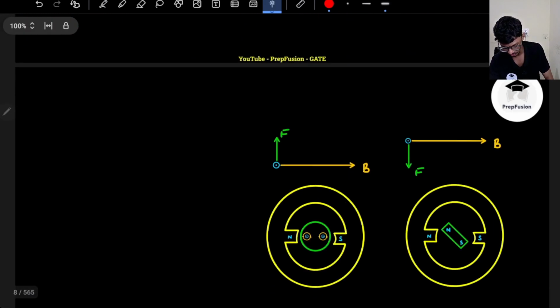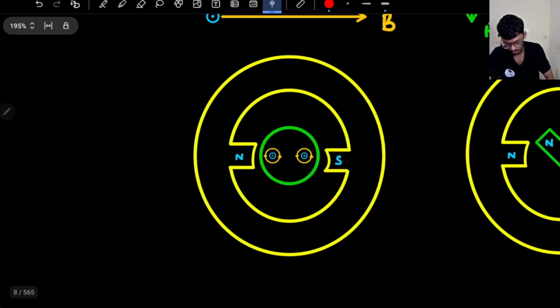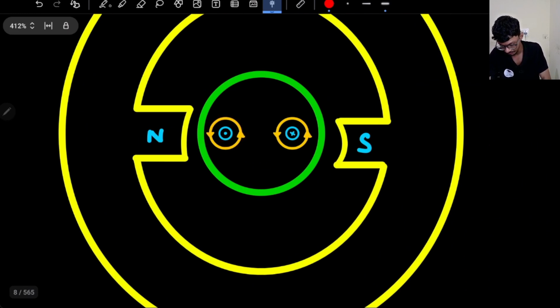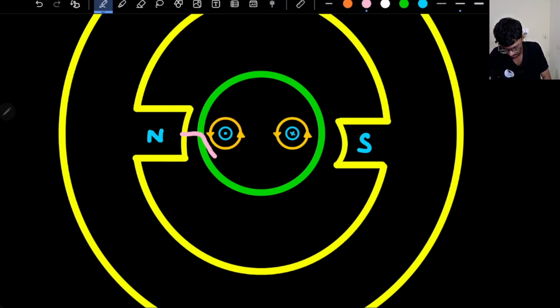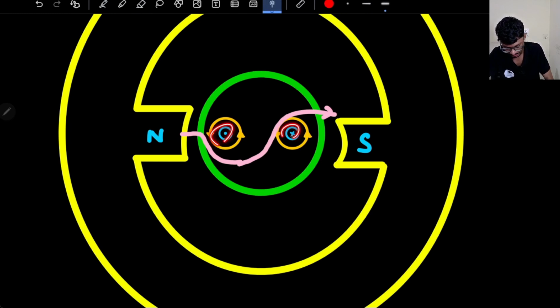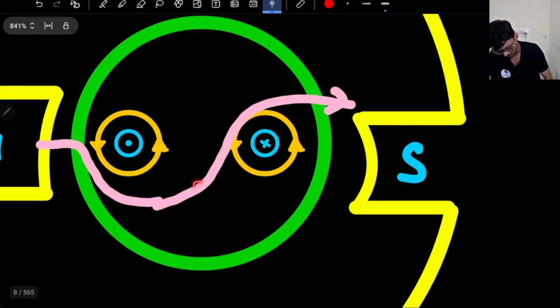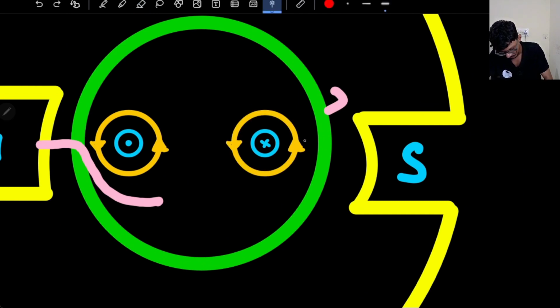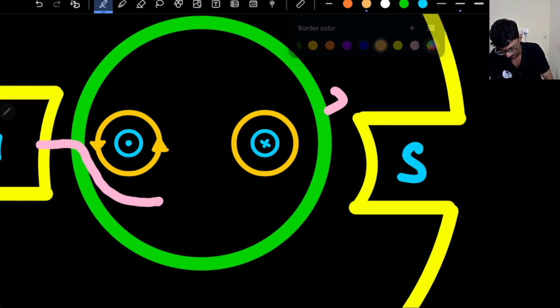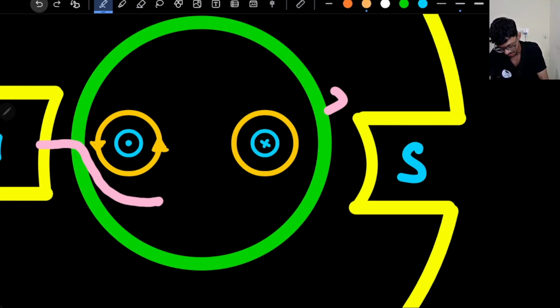Now the same thing applies here. If I have two conductors, the field direction will be somewhat skewed like this, because this is in the downward direction and here it will be in the upward direction. Sorry, this is not in the same direction, this should be changed. If I have two conductors which carry equal and opposite currents,